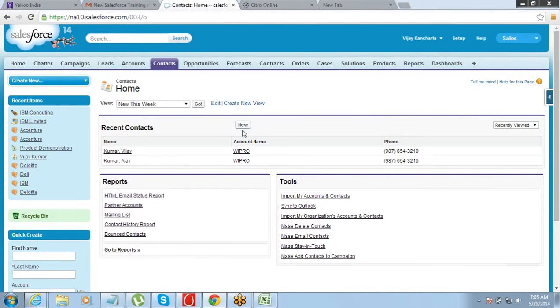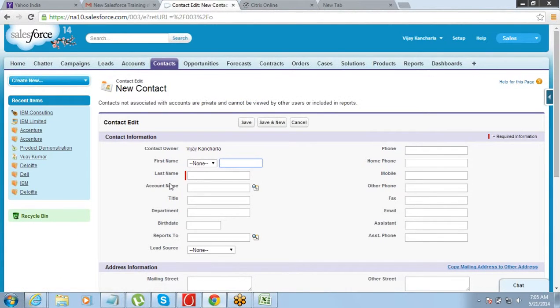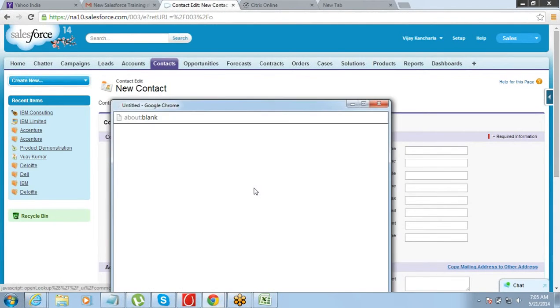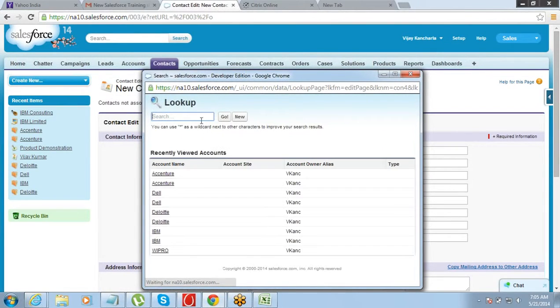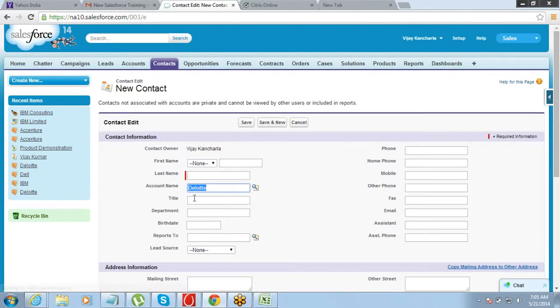While creating a new contact, you would have realized that there is a field called account, right? And when you click on this, it takes you to the list of all the accounts from where you can select which one you want to select, right? So this is a relationship. This is connecting this contact record with an account record.